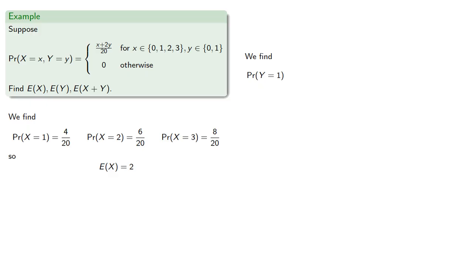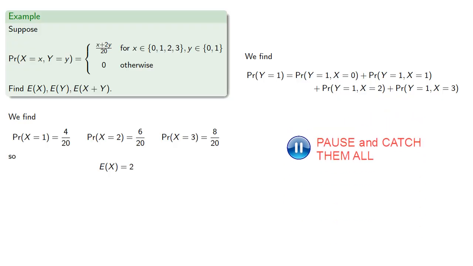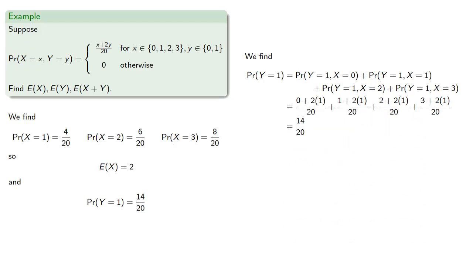If y is 1, the outcomes that make up that event are, and so we find, and again, the probability that y equals 0 doesn't matter since it'll be multiplied by 0. And so our expected value of y is,